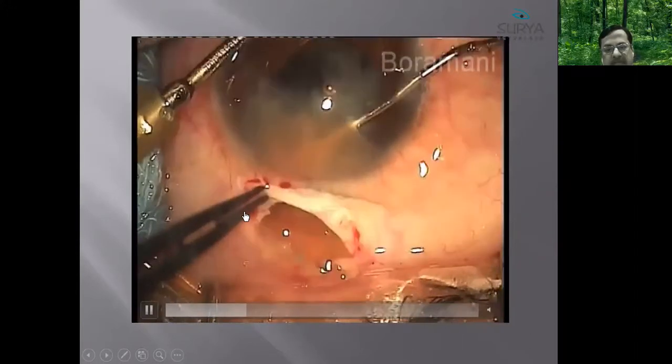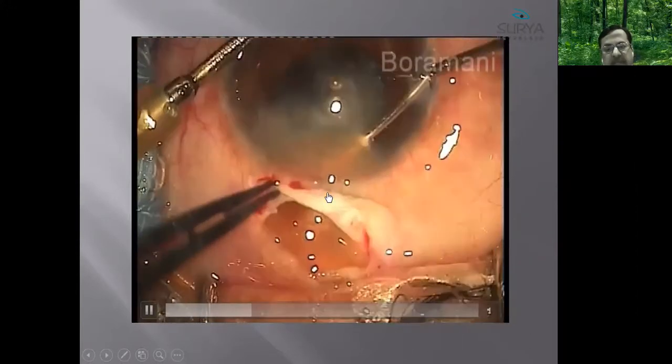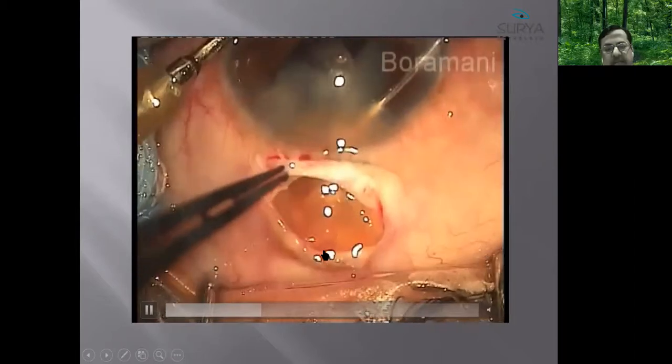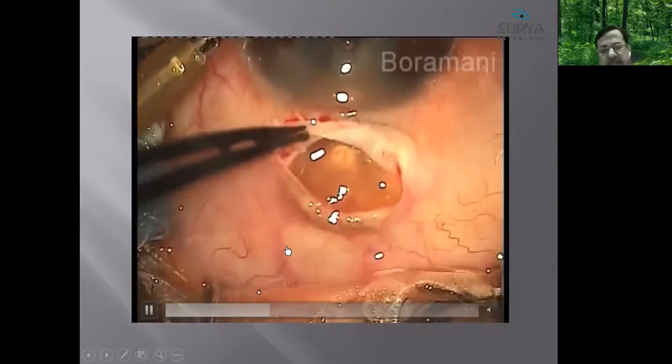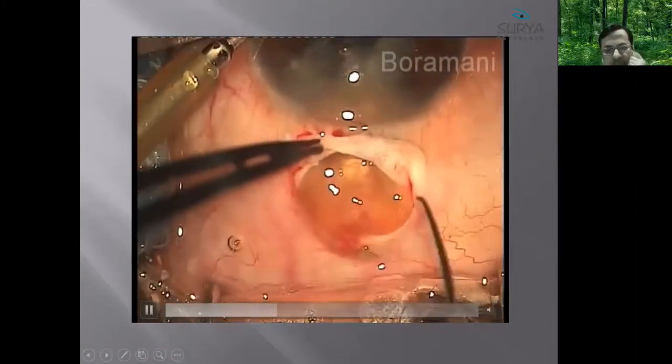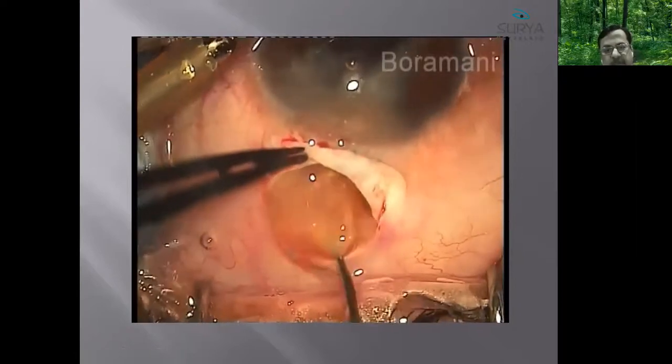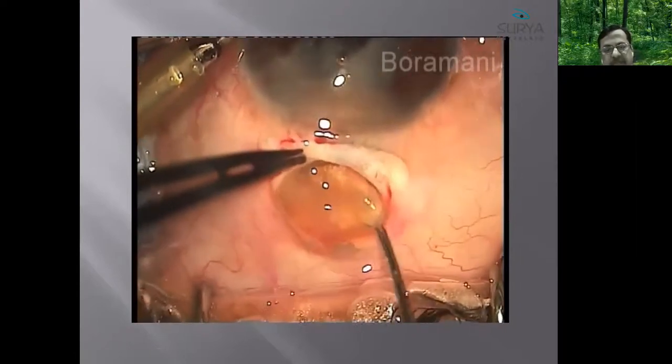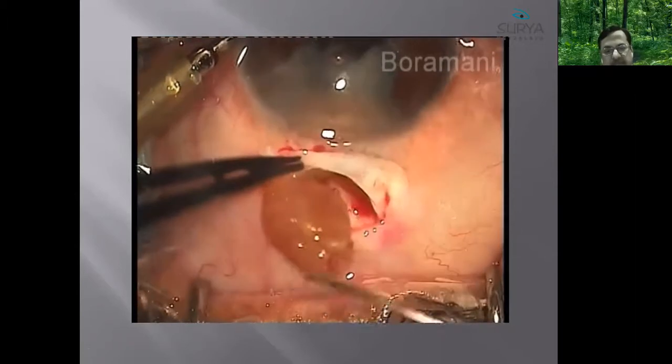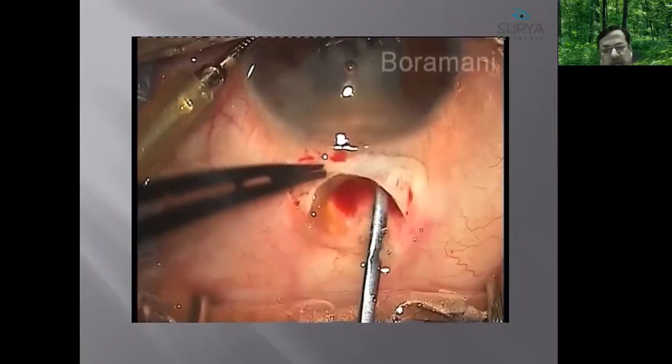The sclera is elastic. So many times the nucleus stretches the sclera and comes out, or the Sinskey hook divides the nucleus in the scleral tunnel. Here I have done the chipping. When the chipping is done, the effective diameter of the nucleus becomes small. You can again rotate the nucleus.